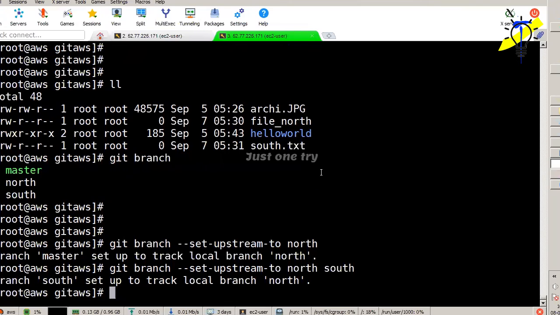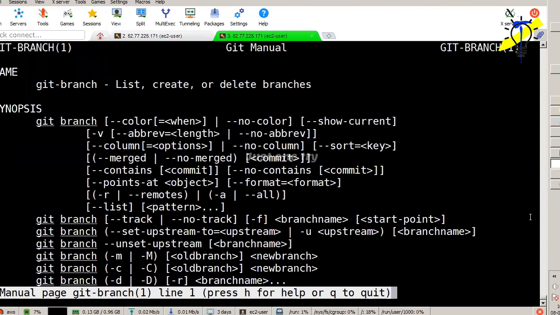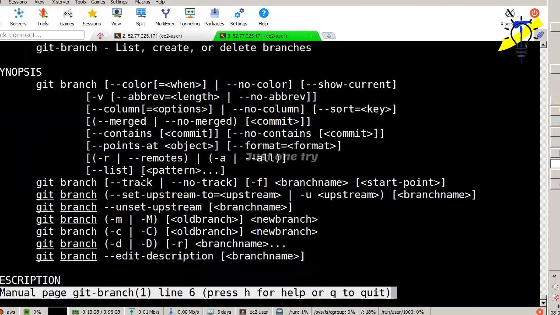So this is a command. Previously you could see only the upstream. Under git branch you can track, no track, set upstream to, and unset upstream to. Both options are available.